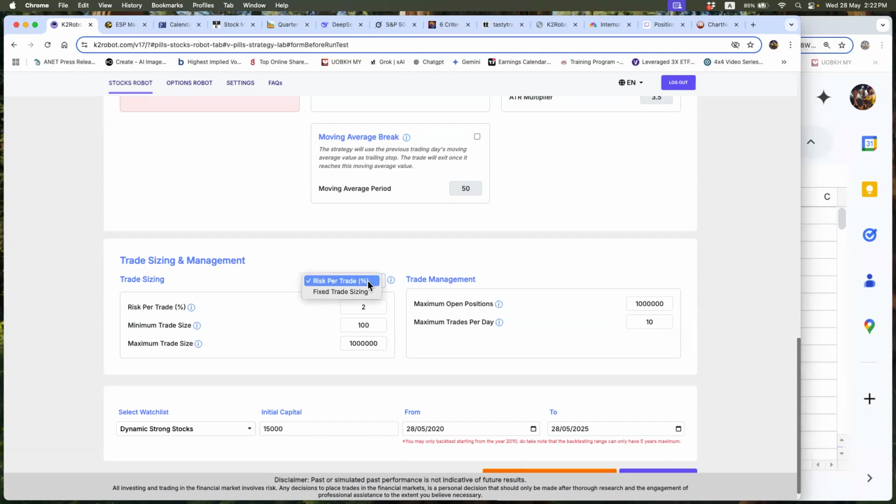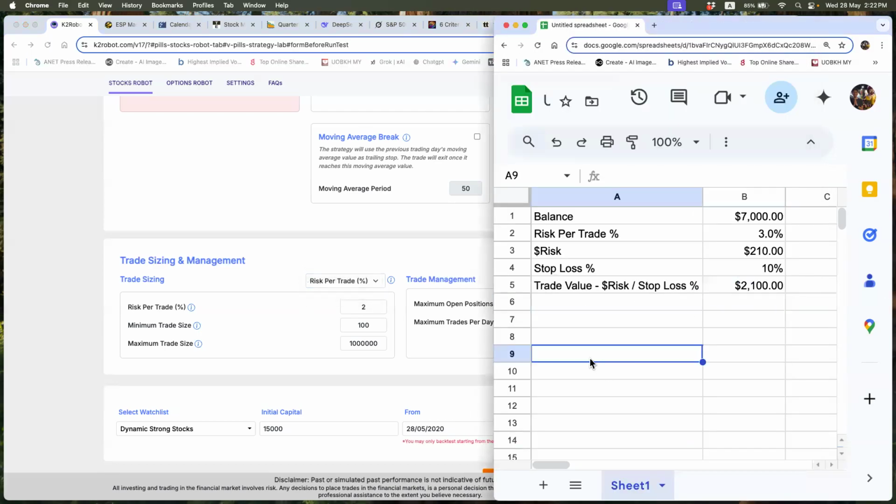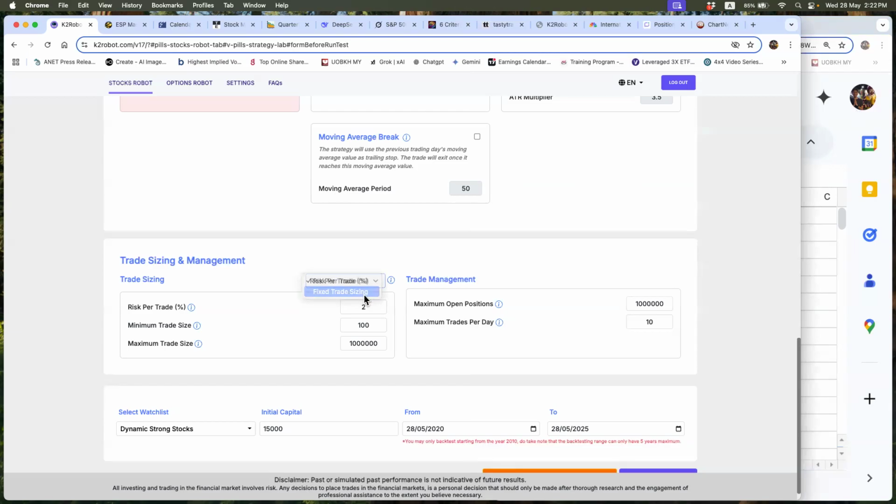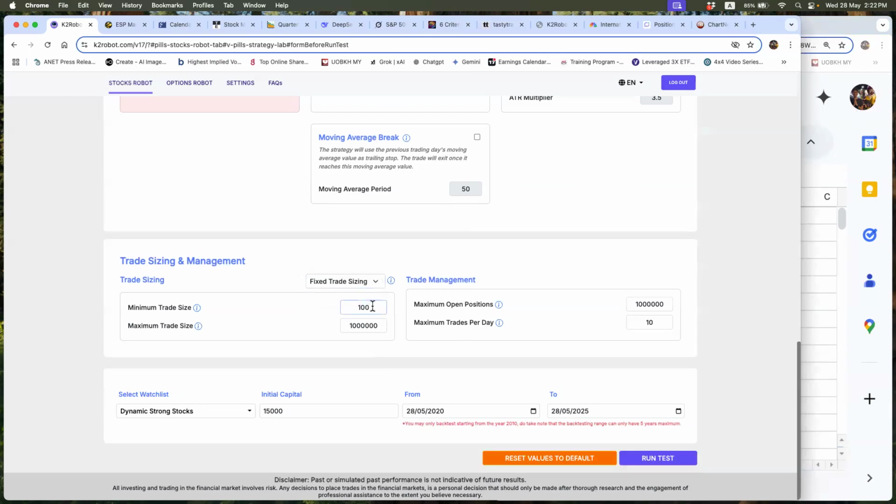You can either risk per trade by percentage or you can have a fixed trade sizing. Now, fixed trade sizing would be like risking $1,000 per trade, or $500 per trade fixed, no matter what size your trading account is. For example, if your balance is 10,000, now you ignore the percentage first, and by using this absolute value, fixed trade size, let's say you risk